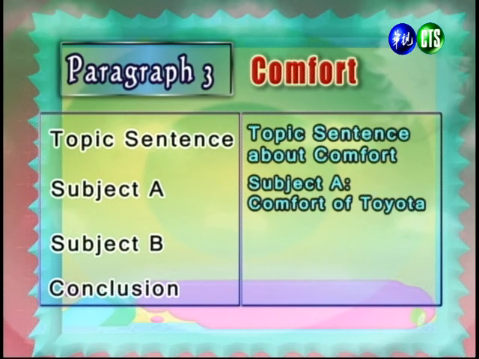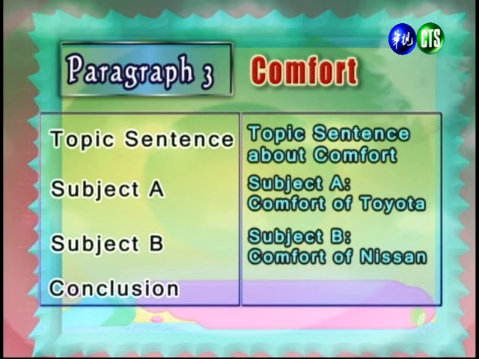You can also notice that in the last paragraph we talked about Toyotas first, so this paragraph will also talk about the Toyota first. 好，接下来呢，我们会先来探讨 Toyota 它的这个舒适度。在我们上一个段落之中，我们是先探讨 Toyota，才轮到 Nissan，所以在这个段落之中，我们也是照同样的顺序来写。Right, now we'll continue and we write about subject B, and so this is about the comfort of the Nissan automobile. 接下来我们探讨的是 Nissan 它的舒适度。